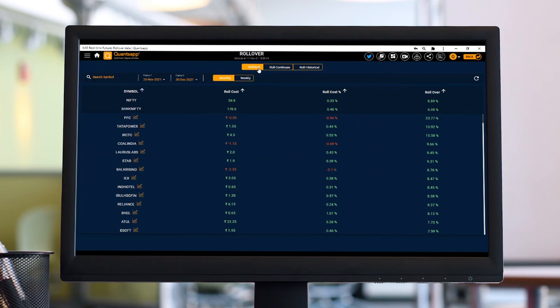I square off my November trade and open my trade in December. That tells me that I have confidence in Tata Steel even in the next expiry. So the more the rollover, the more confidence the market is putting in that instrument as a whole.